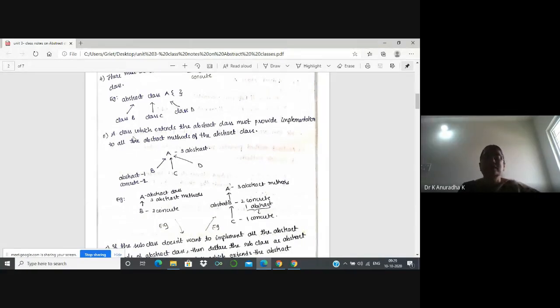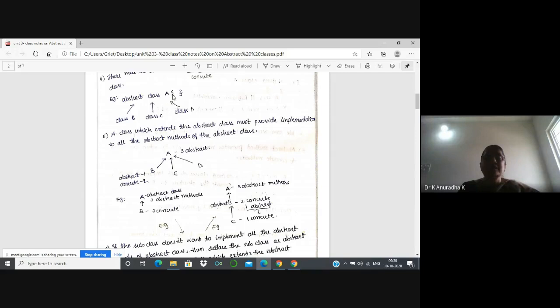Now try to understand the concept of abstract class. A class which extends the abstract class must provide implementation to all the abstract methods of that abstract class. This statement is very, very important. Implementation means body.